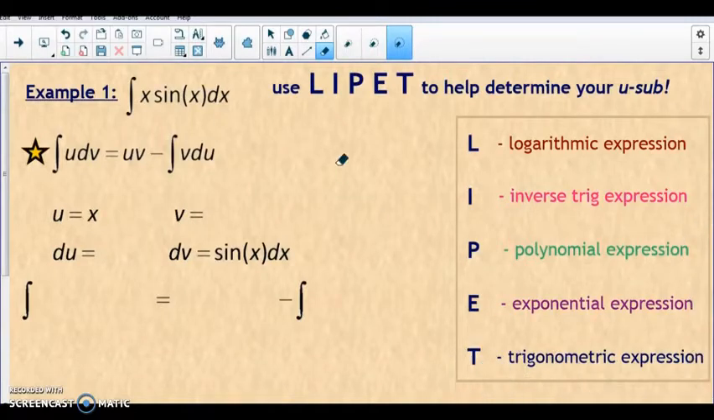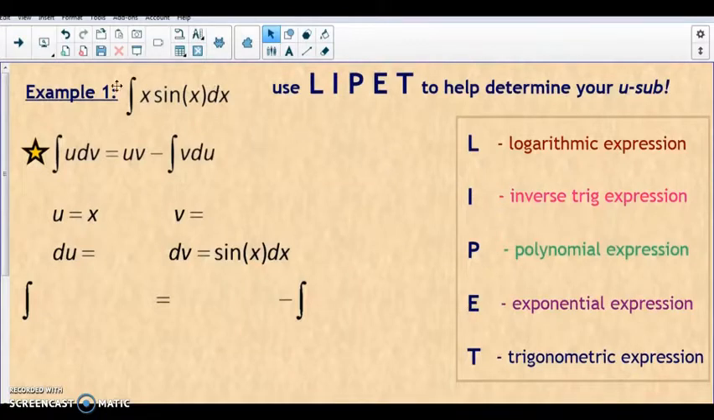So each of these letters stand for one of those 5 types of expressions that we learned a couple slides ago. In this order is how you choose your u substitution. So whichever of these appears first in your problem is what you choose. Meaning if you have an inverse trig and an exponential in the same problem, inverse trig will be your u